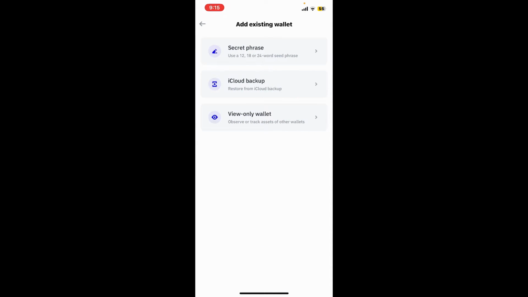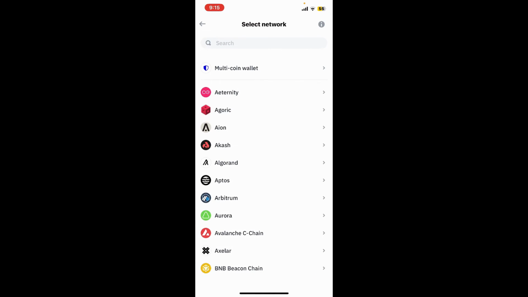And then from the Add Existing Wallet, you can restore your wallet by choosing one of the options. If you've previously backed up by iCloud, you can tap on Restore from iCloud Backup. If you've previously backed up your secret phrases, tap on the secret phrase option at the top and select your